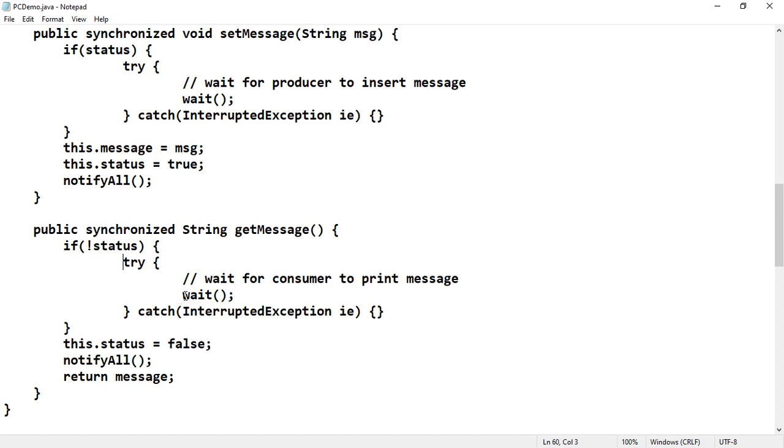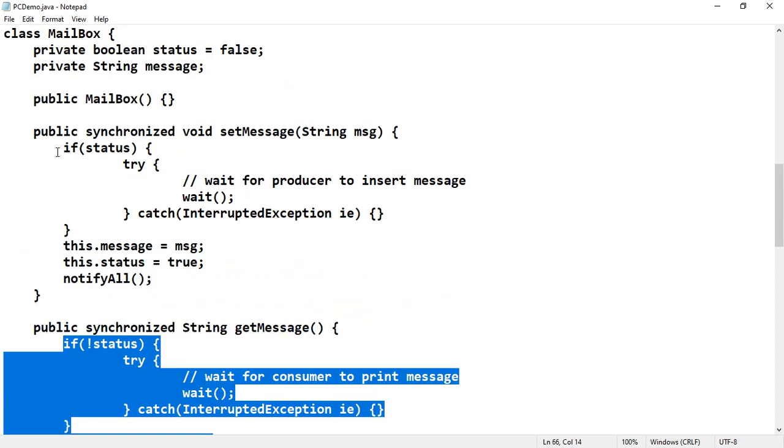Once the wait is over, set the status to false and call notify all, meaning all the producers who are waiting for the consumers to consume the message are notified. Then return the message. This is the way you are supposed to structure it.